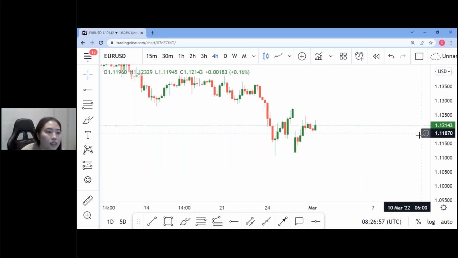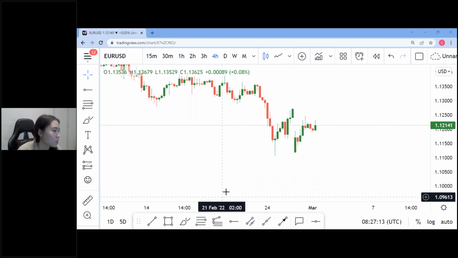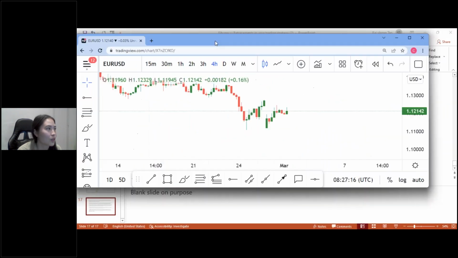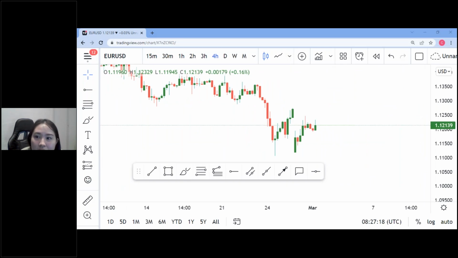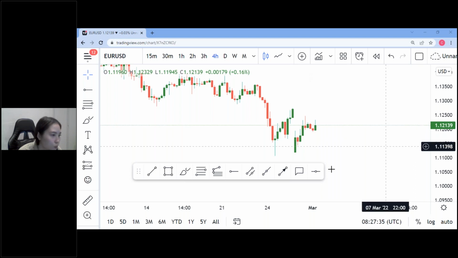You guys see it? If you see, can you let me know in the chat box so I know if your eyes are catching it? I actually lost my chat box. I don't know where it went. Oh my gosh, where did my chat box go? I moved it and now it disappeared. Hold on guys, give me a sec to find the chat box. Okay, I found it. I still see some people saying yes and some people saying no.